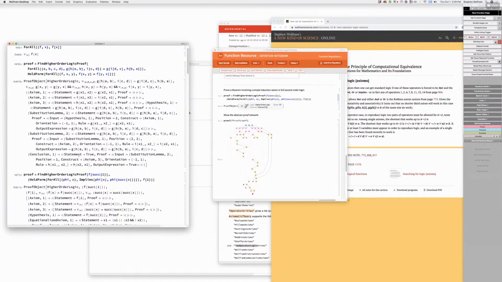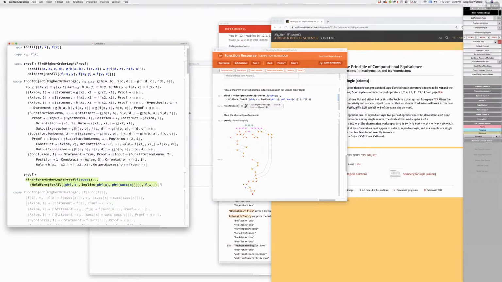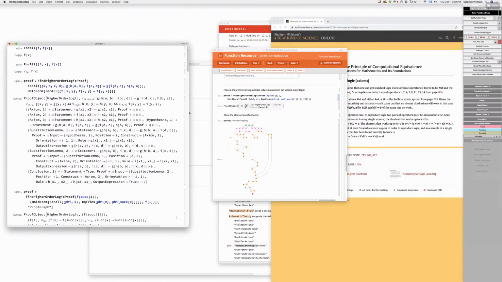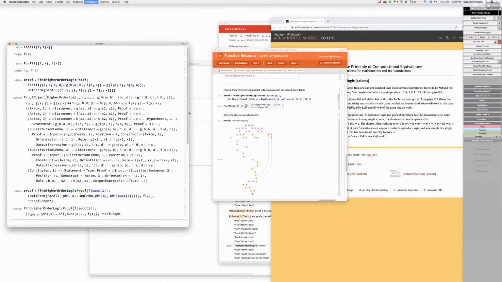Because for proof object, higher order logic, we don't have a make boxes rule for that. I'm going to add one. But if I say this here is proof graph, it'll probably do the right thing. I think so. No, it doesn't. Oh well. Yeah, the logic needs to be registered.